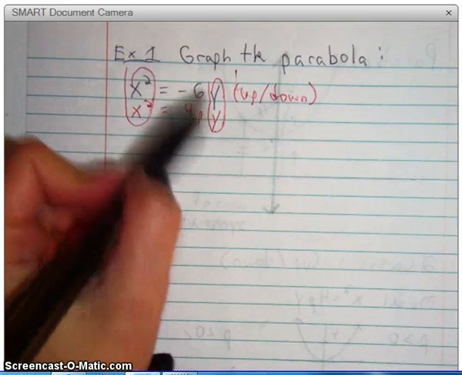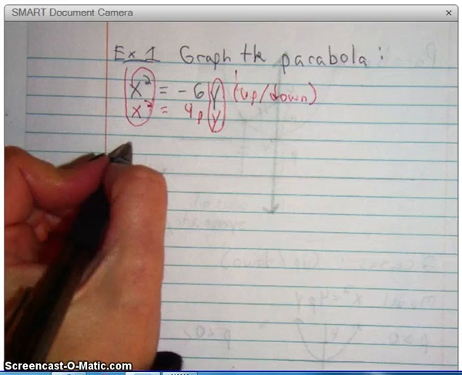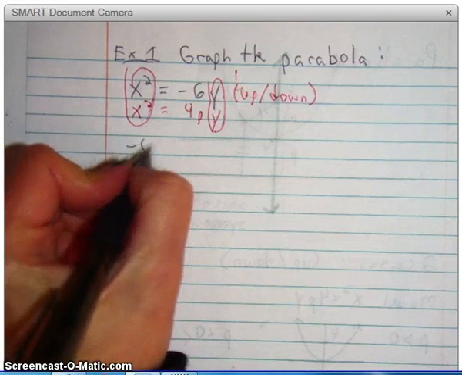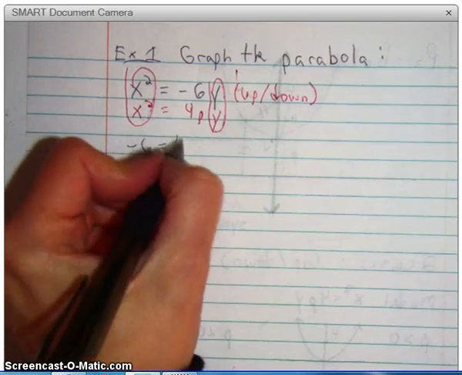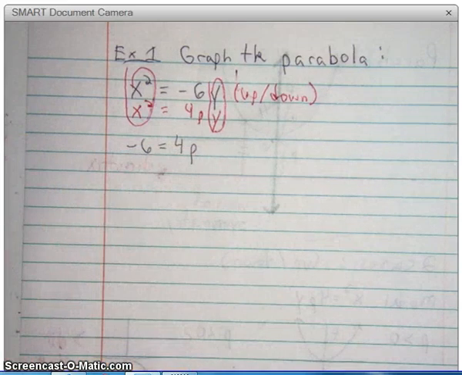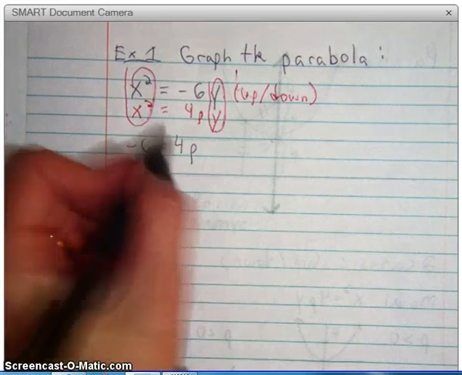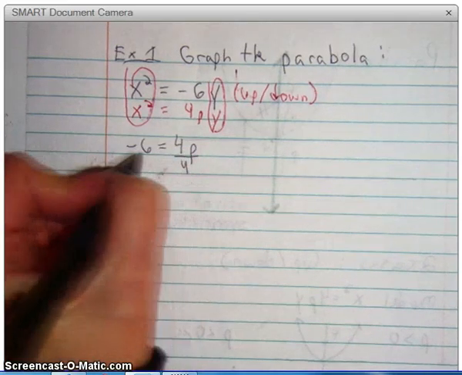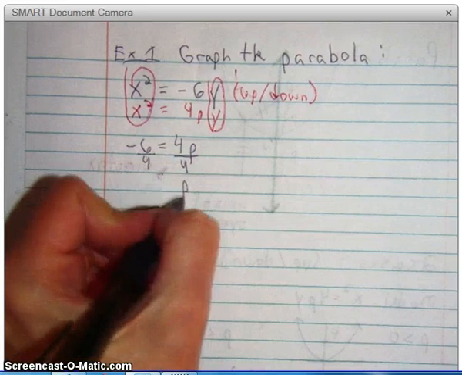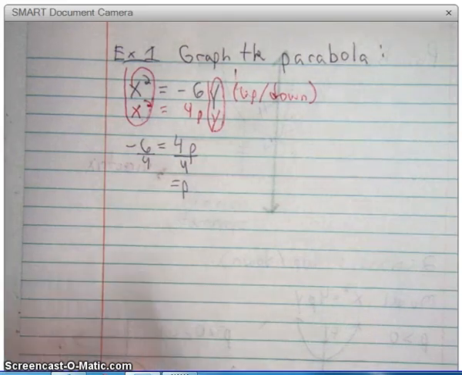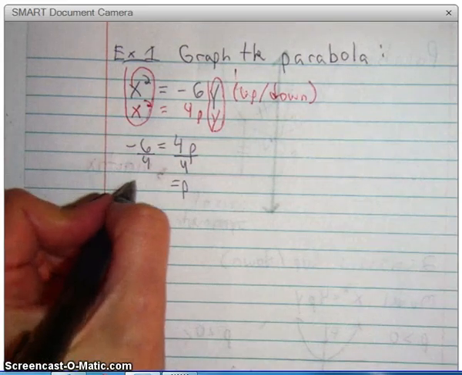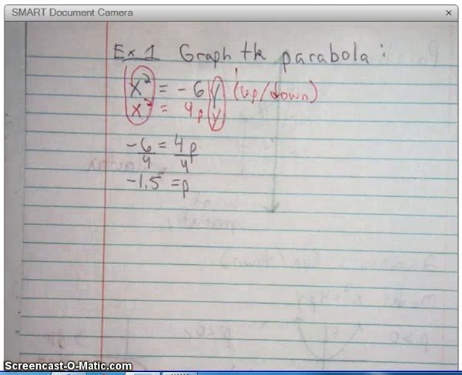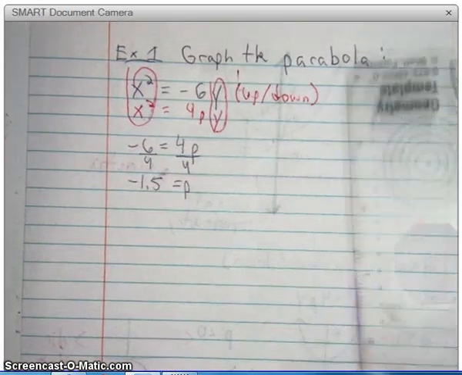So what's left? What did I not circle? -6. Equals? There you go. So if you're looking for p, you just match everything up. Master solvers that you are, you're going to divide by 4? So p equals -1.5, is that correct? Yeah. Okay. So now when you make your parabola,